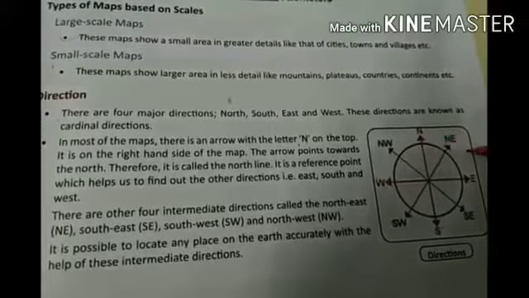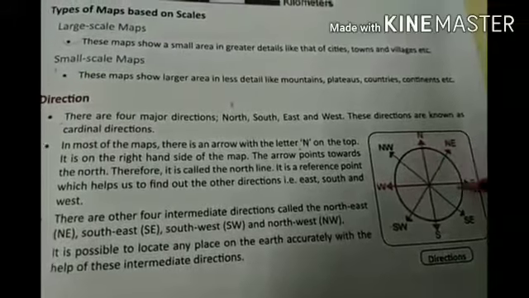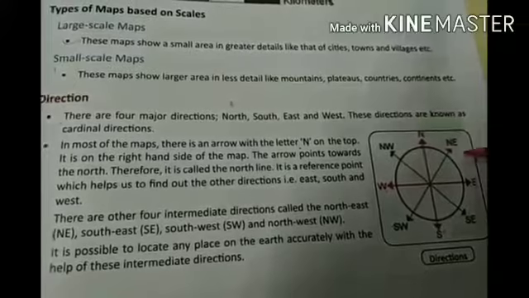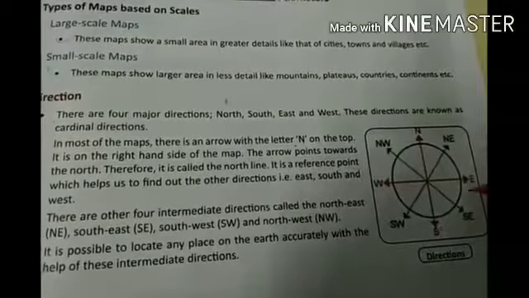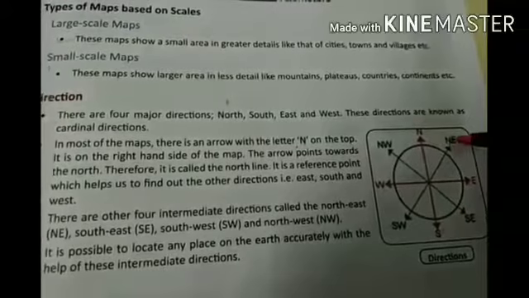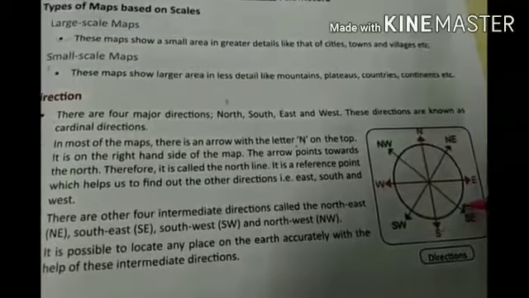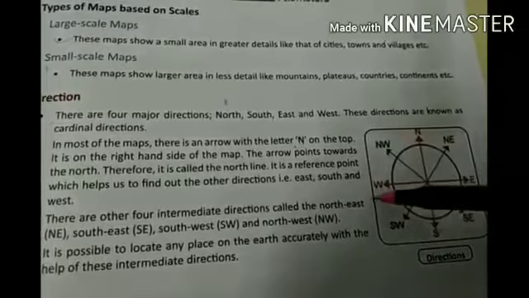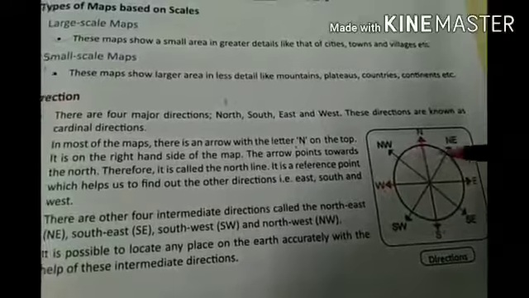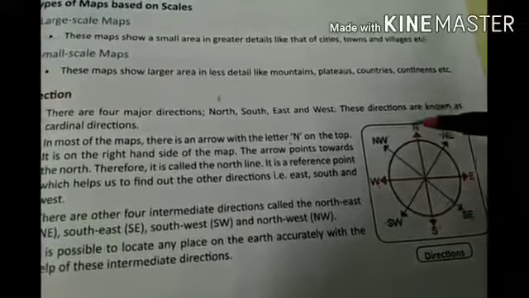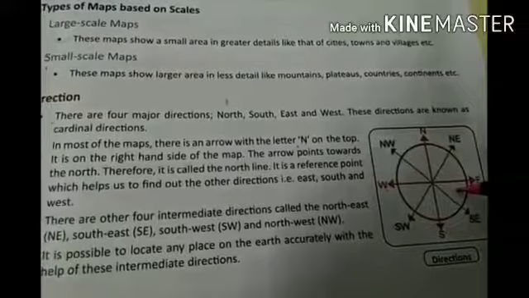Now if we see again in this bracket, between N and E, northeast is coming. Between S and E, SE is coming. First we will denote the letter N only and the letter S only. Then next, between S and W, SW is coming, and between N and W, NW is coming. So these are what? In the green color intermediate directions are there, and in the pink color they are the cardinal directions.